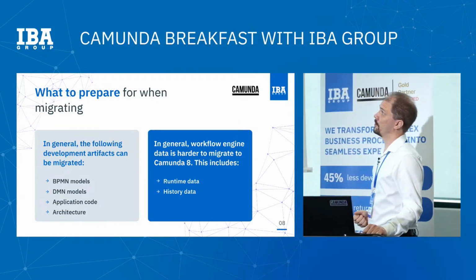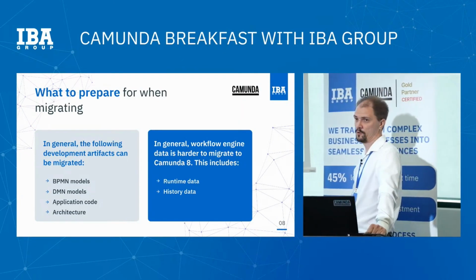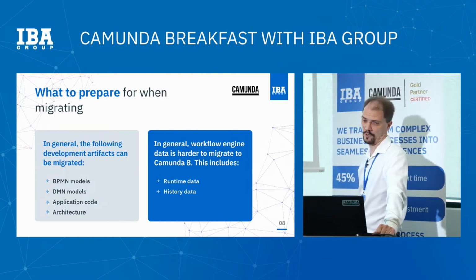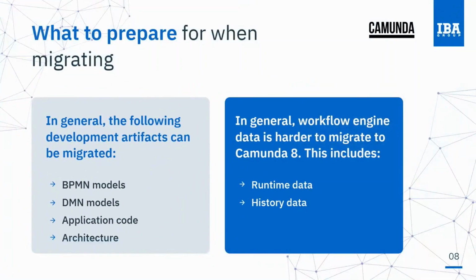What you have to think about when you are migrating. There are two main areas we have to discuss. It's data and artifacts you have. Let's start with artifacts we are having. First of all is BPMN models. You have to look into your models, analyze them, and migrate to the new version. You have to pay attention that the new attributes are appearing in Camunda 8, and also